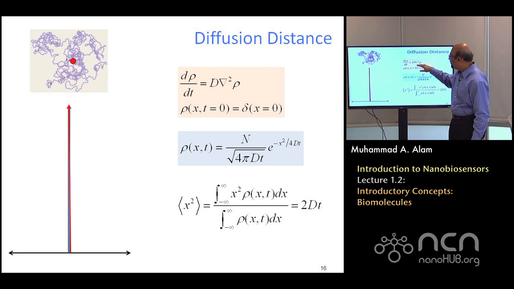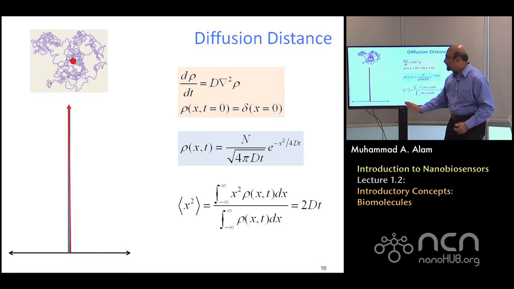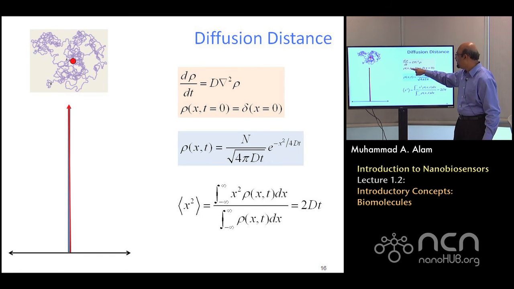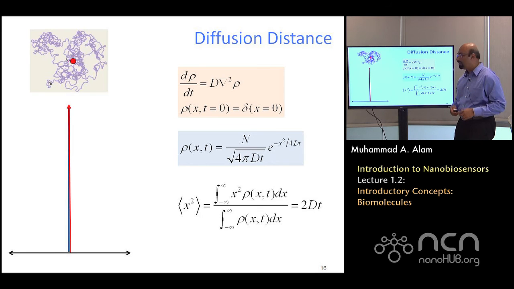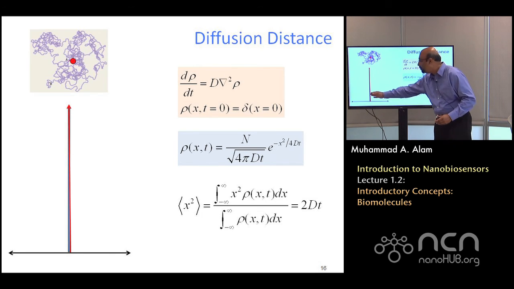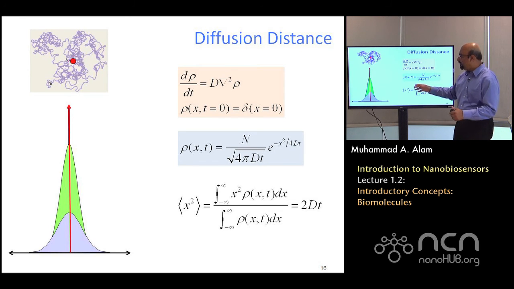So the diffusion equation, the way I have set it up, this is the original diffusion equation, and I am assuming, just like a drop of ink in water, at a given point A, I have put it in this one-dimensional space as a delta function, which is the density at time t equals 0. When you started, everything was concentrated at one point. Then, if you come a little bit later, where will the particles be? Of course, they will not be here anymore. They'll be walking around, and after a time t, essentially they will diffuse around.